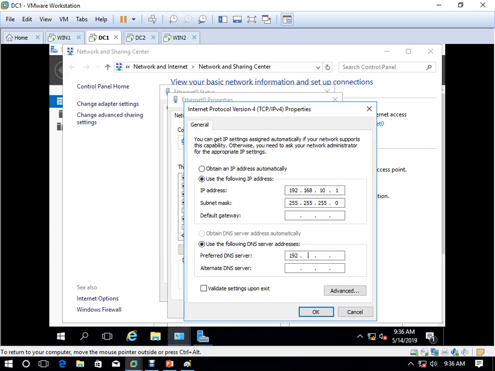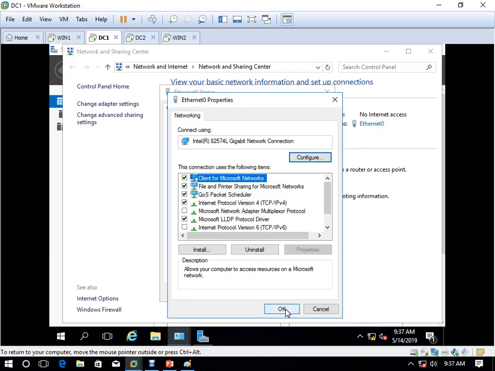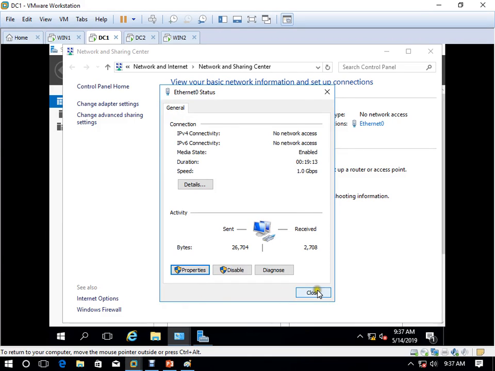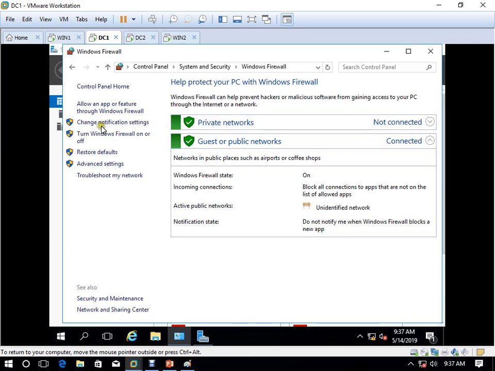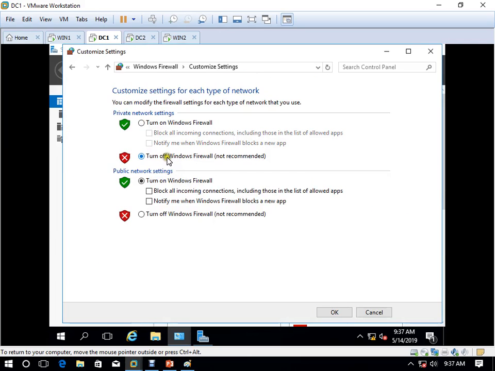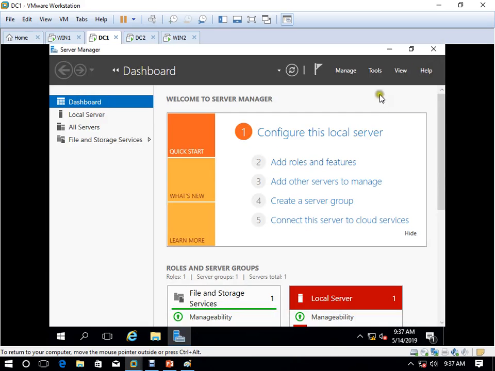Here I'll set 192.168.10.1 as my DNS server. Then I come to the firewall and turn it off. So DC1 is completed.